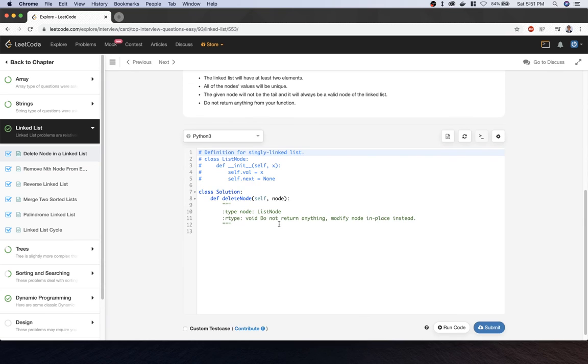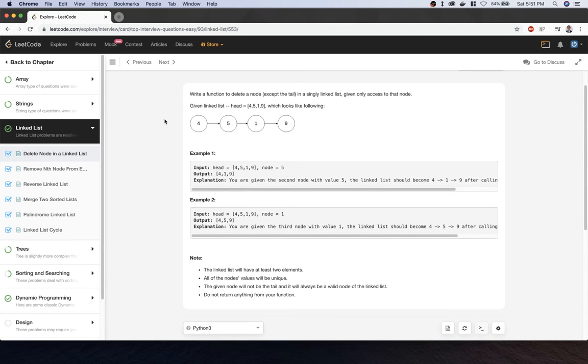So this one's pretty easy if you think about it. They give you a pointer to the head. You just start at the head. You keep track of the last node that you saw. So at the head, you don't keep track of anything. Let's say you start at 5. And you know you can start at the second node because it tells you there will be at least 2 elements. So you start at head plus 1 and you make the previous, or the last seen, equal to 4. And then you just say, okay,